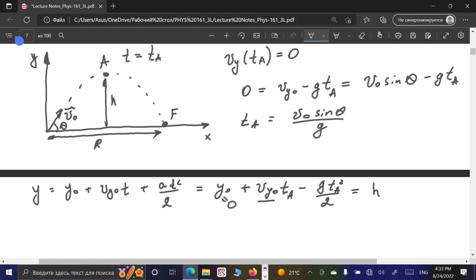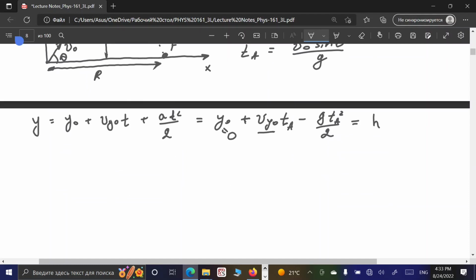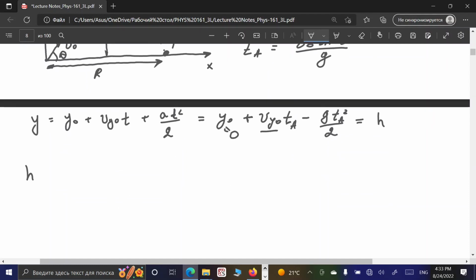We know that at time ta we have the highest point A, so this coordinate of point A along axis y will be h, the highest point of the trajectory. Now let us substitute instead of v y naught and instead of ta their expressions. So we can write that h is equal to